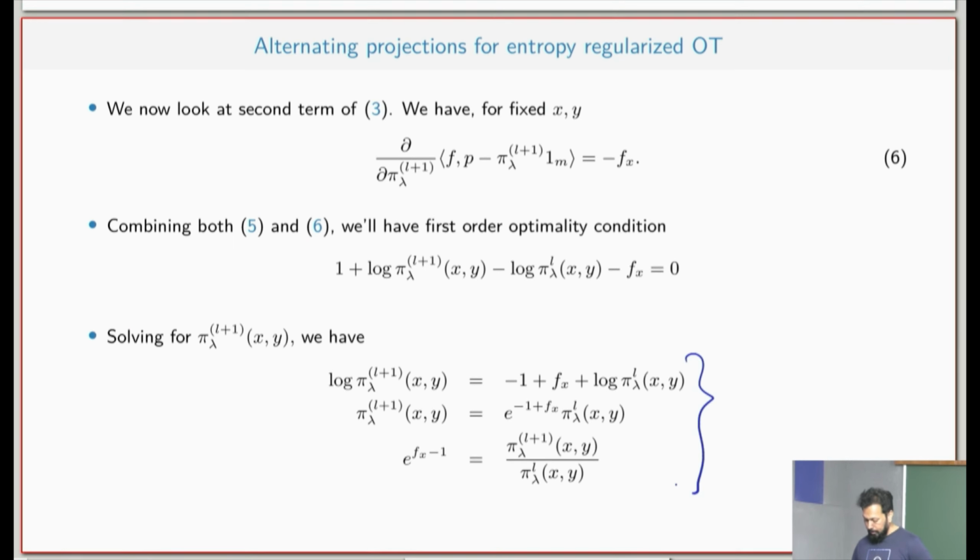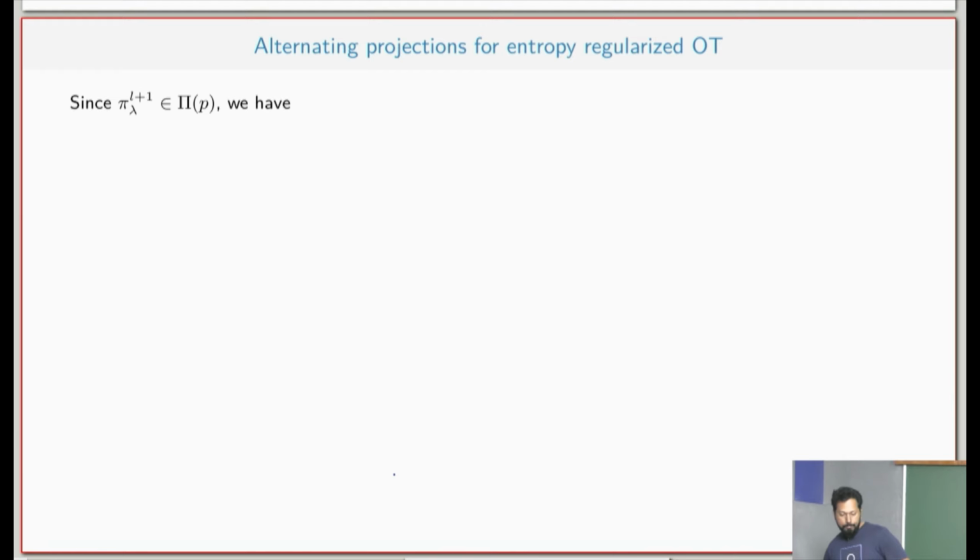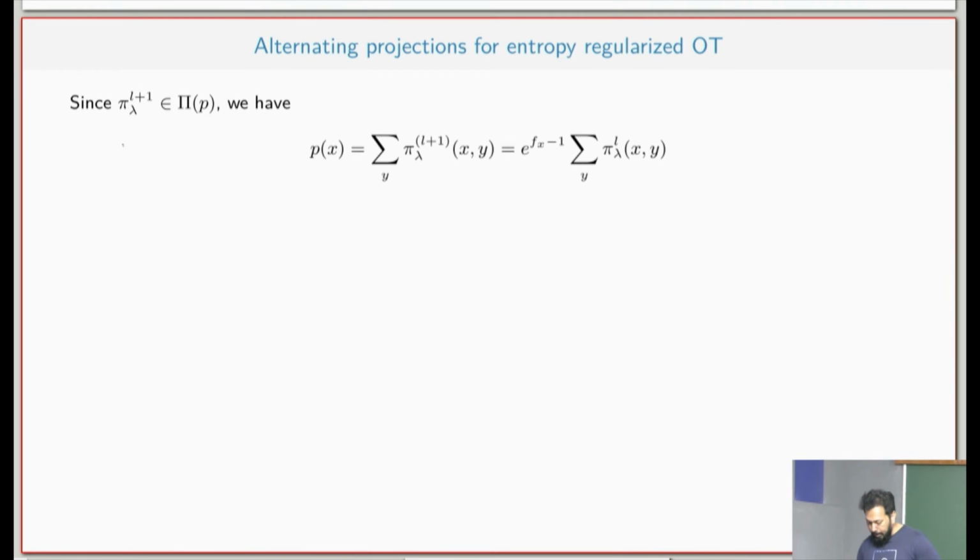There is nothing difficult here, so you can work this out, and you will solve for this exponential f x minus 1. Since pi L plus 1 lambda must be in pi p, the sum, or it should have the marginals p, then the px could be written as the sum of this, if I am summing up the y, right? So if I am summing up the y of pi, then I must get a p, because it was supposed to be in pi p, and if that is the case, then